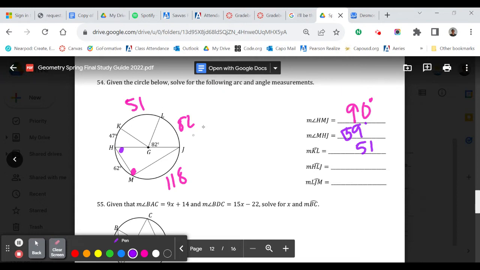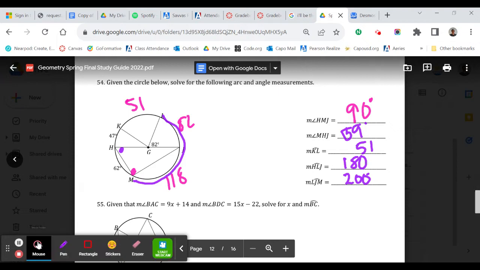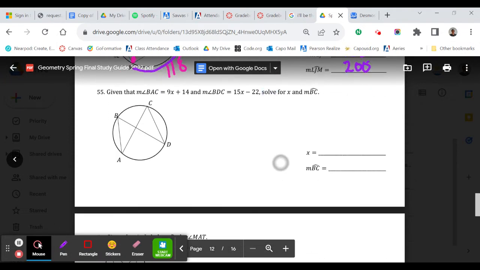HLJ is 180. It's a semicircle. And then LJM, if you look at LJM is from here to here. So it's 82 plus 118, which is 200. All right, moving on. Moving on down. All right, so this one,